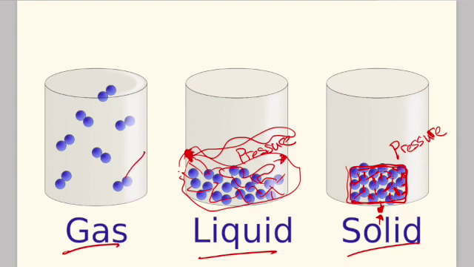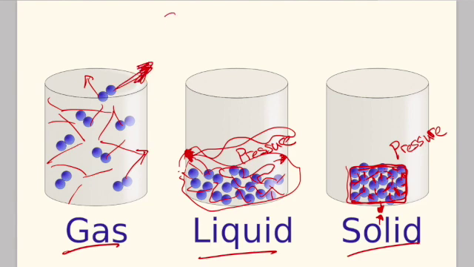Gas particles also move back and forth, but notice they are further apart, more than liquid and even more than solid. And so they're moving even faster. So gas particles have the most energy, liquids have kind of a medium energy, and solids have the least energy, but they are always moving. Now, gas particles are the ones we want to focus on today because those are those invisible ones in the air around us. And they are pushing all over, bouncing off of things and bouncing off of us and creating pressure. When we talk about the atmosphere around us, we are talking about atmospheric pressure.